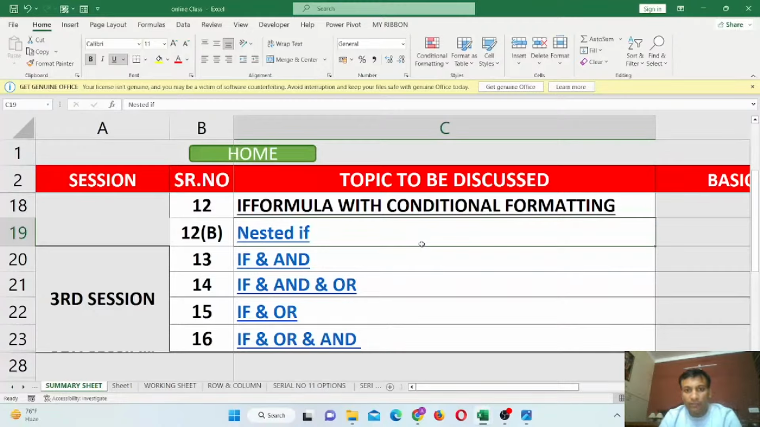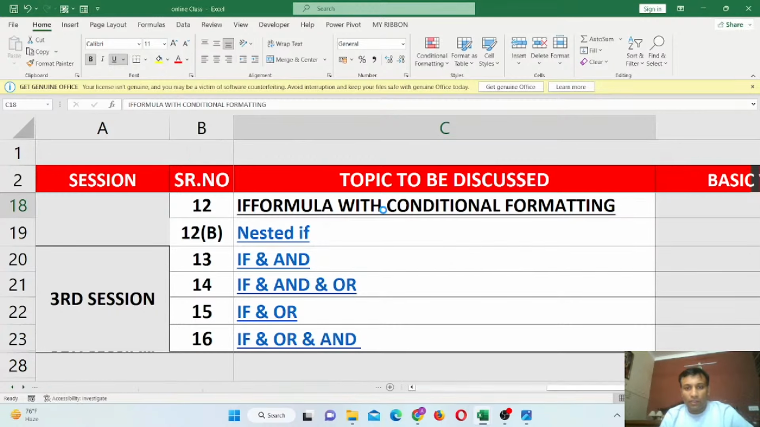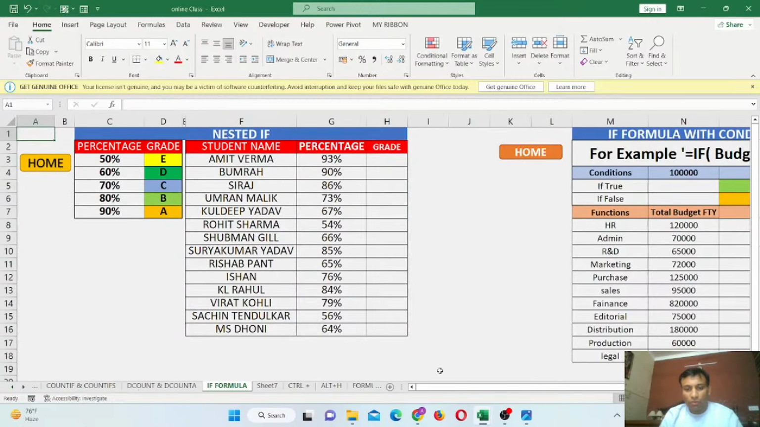I already mentioned the sheet over here on my screen. These are the topics I'm going to talk about: the IF formula with conditional formatting, nested IF, and so on. So let me take you through it. For the IF formula with conditional formatting, I'll click on this link and it will take me through the